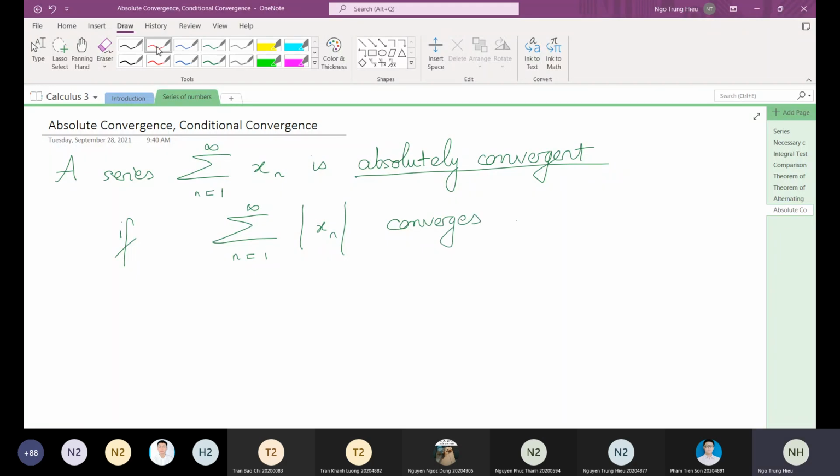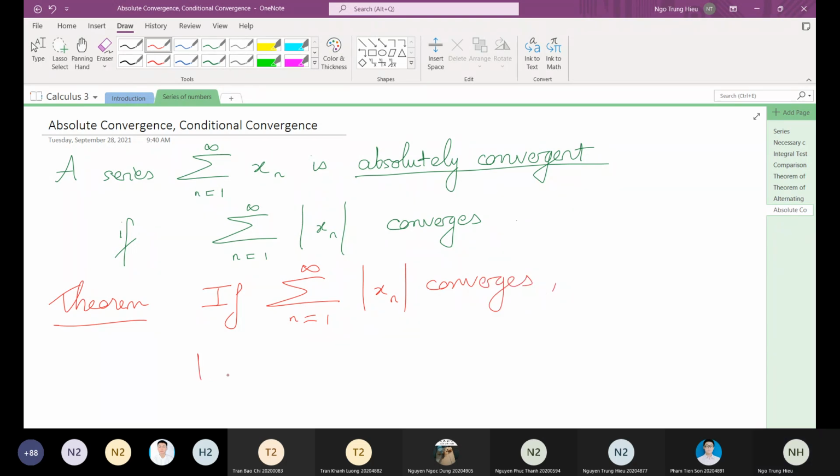And we have a theorem which says that if the absolute series converges, then the normal series converges. And this theorem can be proved. You can read the proof in the lecture notes, right? So, using this theorem,